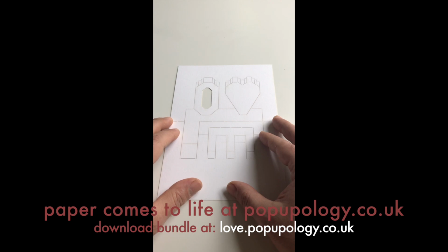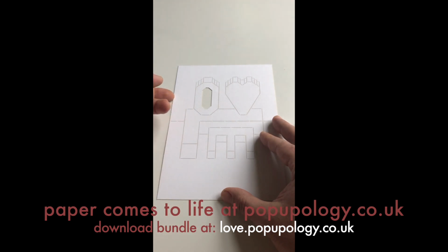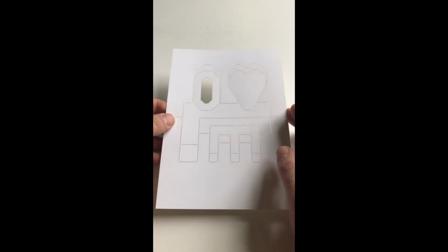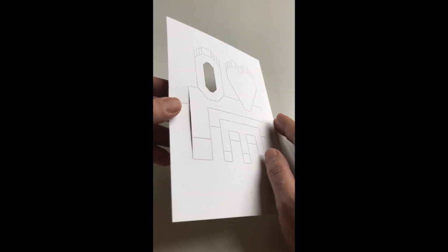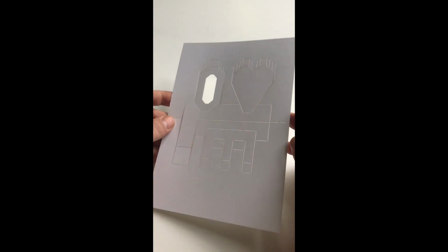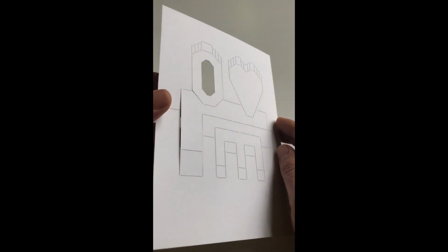In this video I'll be showing you how to fold the LOVE design from my range of Origamic architecture pop-up cards that are available online. Once you have cut your downloaded piece either by hand or by plotter, as in this case, you are ready